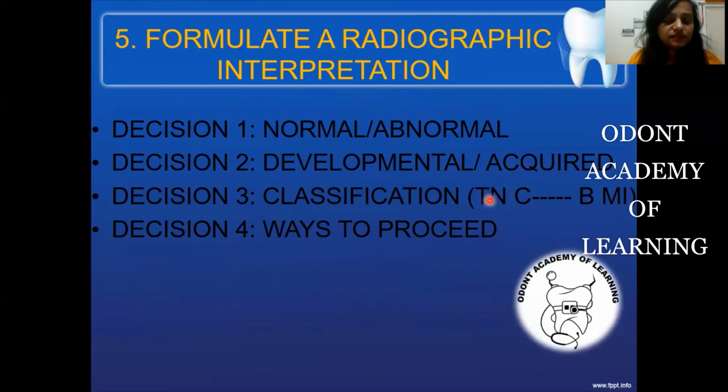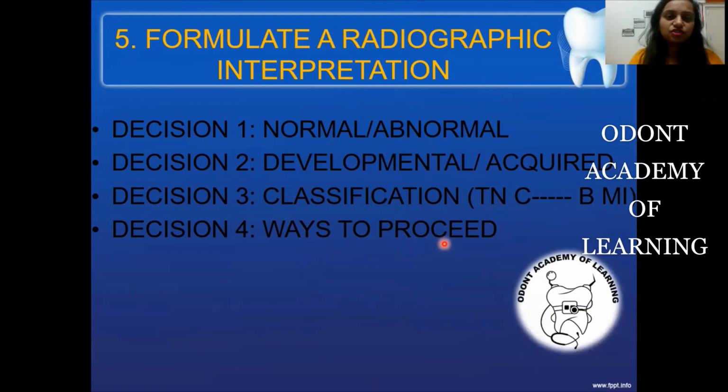N is for neoplasia, whether it is benign or malignant neoplasia. C is whether it is a cyst. B is if there is a bone abnormality. M is if it is metabolic in origin. And I is inflammatory in origin. Now, once you have all of these points and your principles of interpretation, you formulate the ways to proceed. That is, you come to a diagnosis and you accordingly plan the treatment, how to go about it, or the